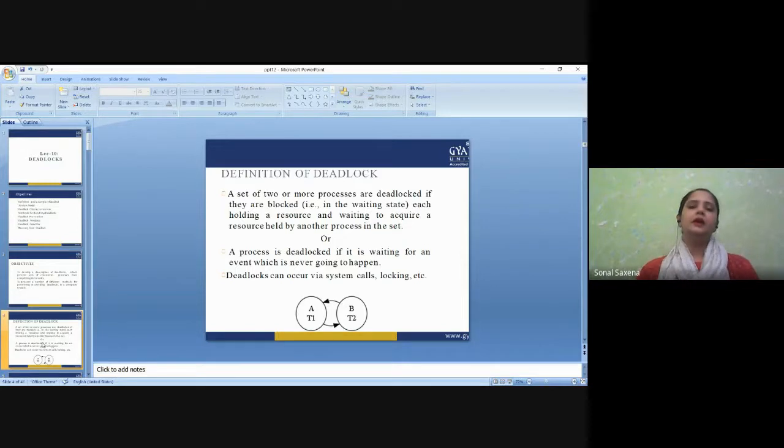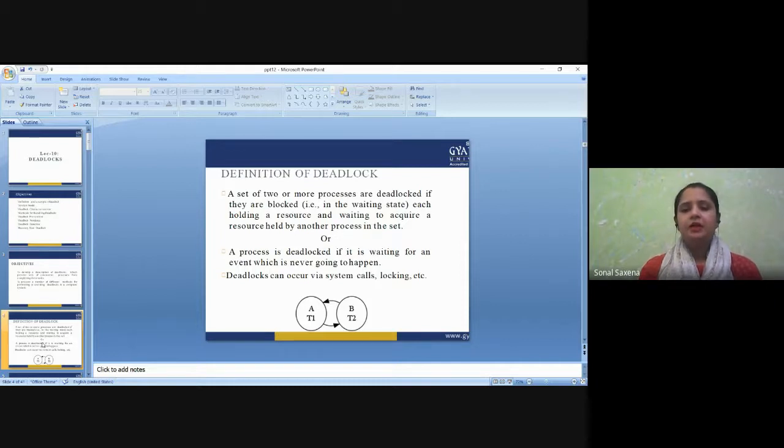Now, when we had the lecture about the process, I told you that the process has its own life cycle, where a process first of all needs to be created. After creating, it has to wait for the resources. It has to be in a waiting condition where it has the proper requirement of the resources and the data to run. So this is the condition we call a process being inside a waiting state, and it will remain in the waiting state until it gets all the resources and the data which it requires. So this is the condition where even a deadlock can happen.